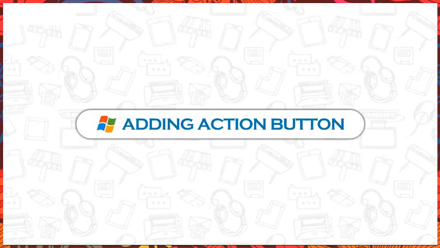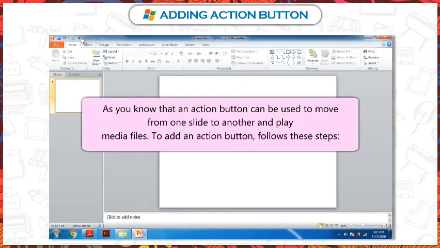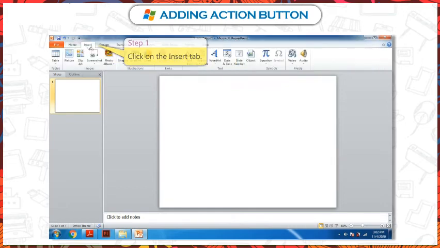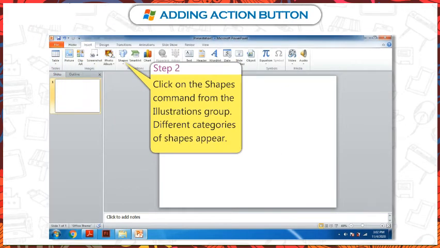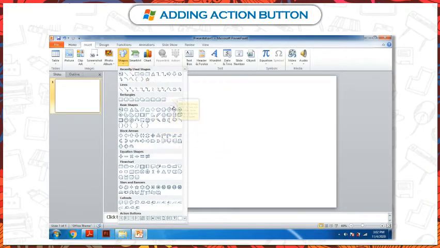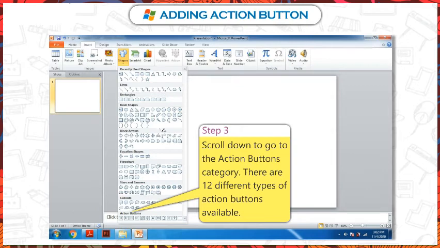Adding action button. As you know, an action button can be used to move from one slide to another and play media files. To add an action button, follow these steps. Step 1. Click on the Insert tab. Step 2. Click on the Shapes command from the Illustrations group. Different categories of shapes appear. Step 3. Scroll down to go to the Action Buttons category.